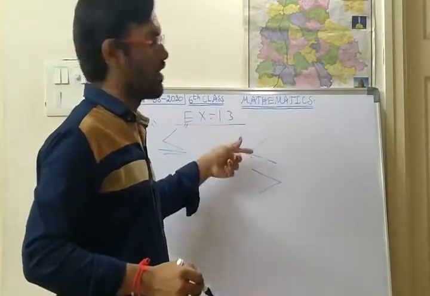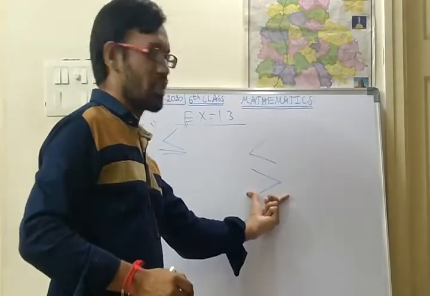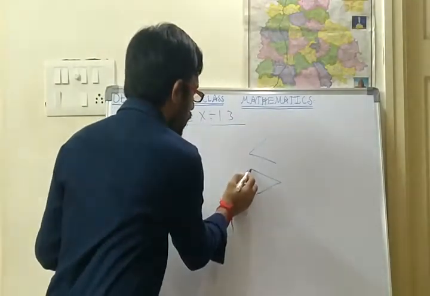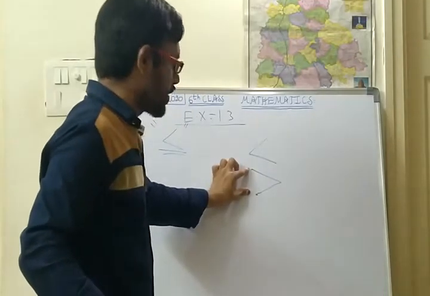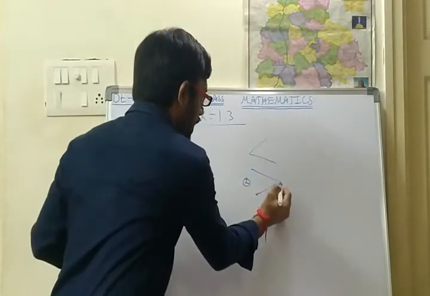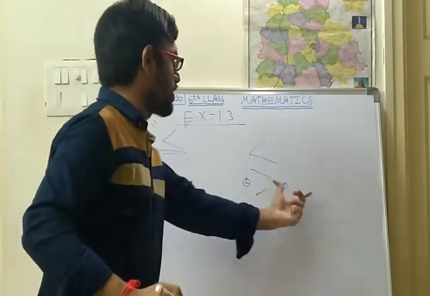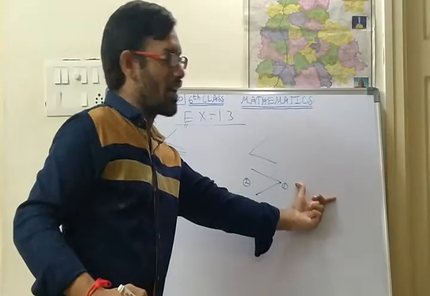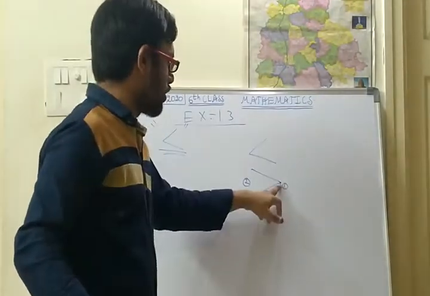Listen carefully, children. First we shall discuss this symbol. What does this symbol mean? See here: on the left side, how many dots are there? Two dots. On the right side there is only one dot. This one dot represents that whatever number we write at the right side should be the small number.